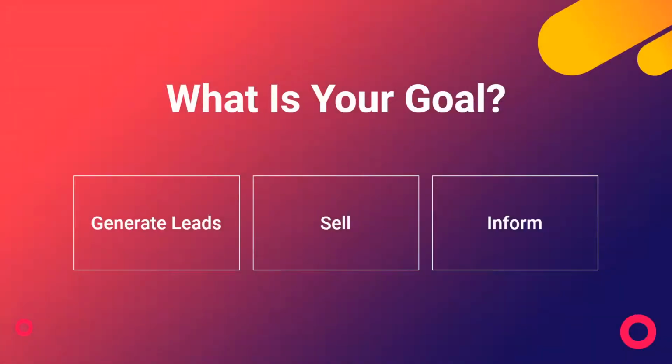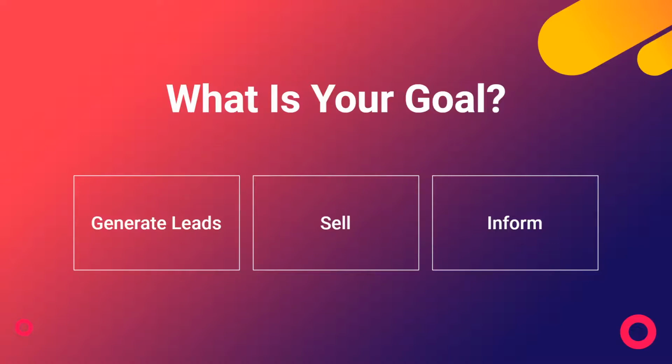The other important thing is the goal, because knowing who is visiting and what kind of problems they have will determine what kind of solution and what kind of goal you're going to have on your website. So what are you trying to achieve with that website? When somebody visits, you want to capture their attention, of course, but after that, what do you want them to do?